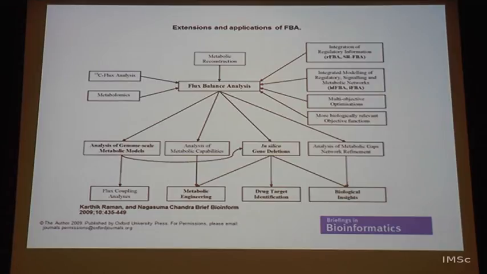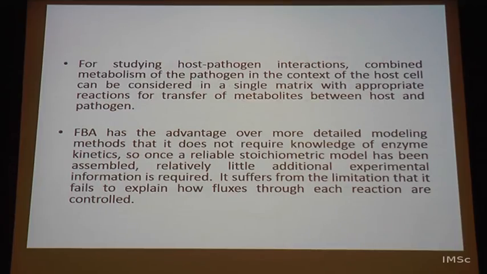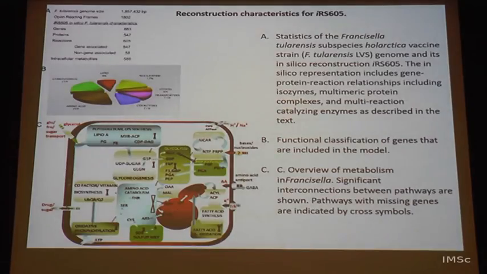To make this more condition specific, we have methods that integrate gene expression data alone or proteome data, whatever that may be. There are a large number of variations of flux balance analysis, where people look at C13 fluxes, for which data is available, or regulatory fluxes, or what we call integrating transcriptome data, and so on. An example from literature, this is not our work, is for an organism called Francisella tularensis. I think it is a problem as a bioweapon, and there is a concern about that.